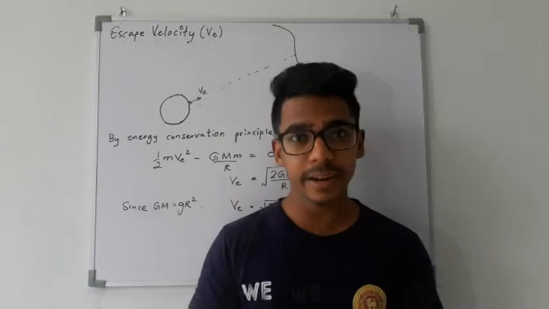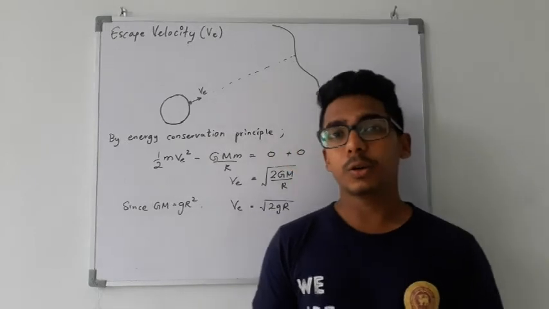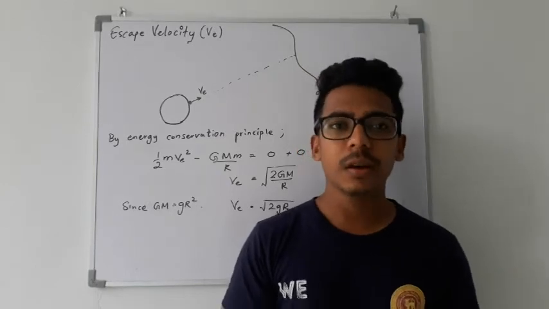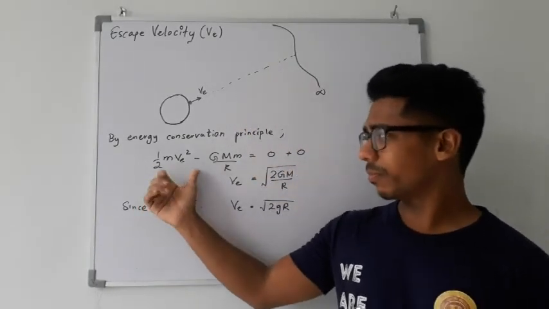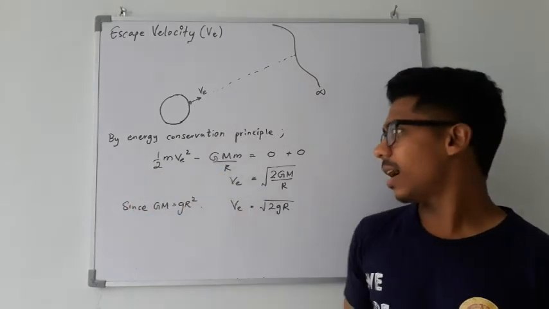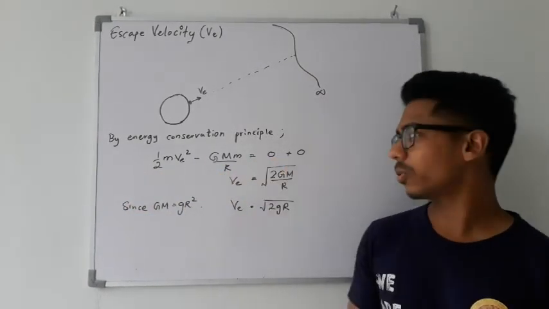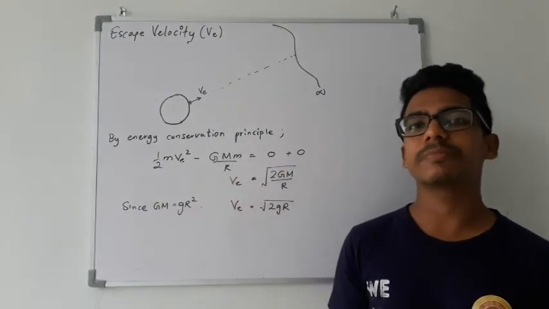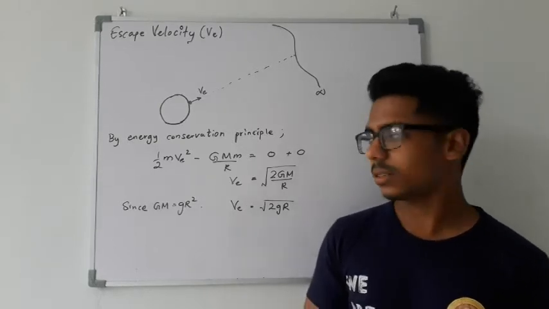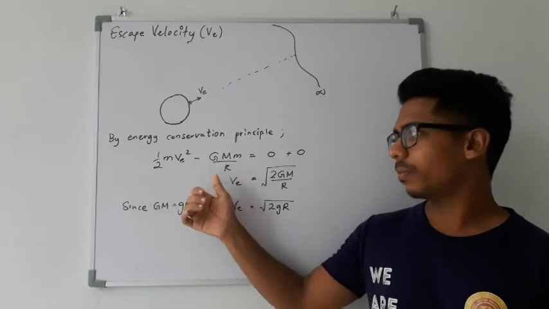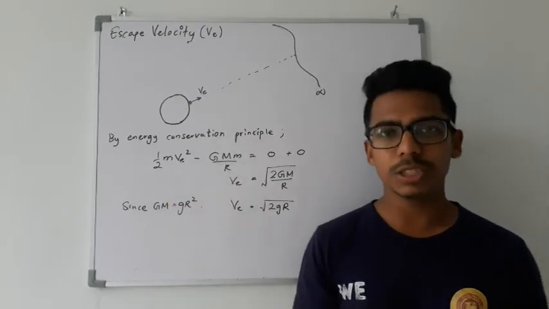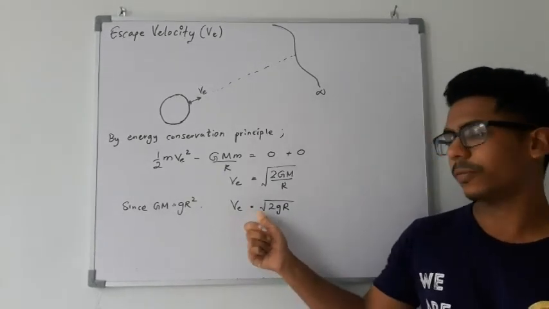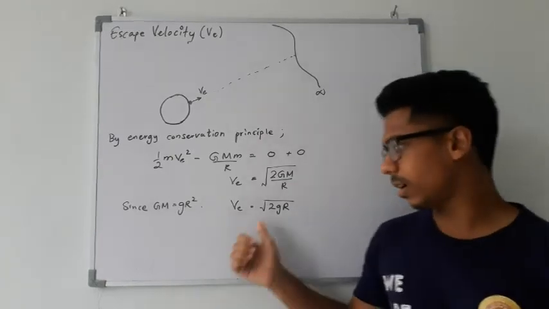Okay, so by considering the energy conservation principle, I can write the total energy of this object at the Earth's surface is equal to the total energy of that object at infinity. So we know the total energy is kinetic energy plus potential energy, and at infinity we know the potential energy is 0. Also the kinetic energy is 0 because we want to get the minimum velocity. So that's the escape velocity by definition. So we get the escape velocity, substituting v_e, as square root of 2GM over r, and we know since GM is equal to gR squared, we also get the escape velocity is equal to square root of 2gR,